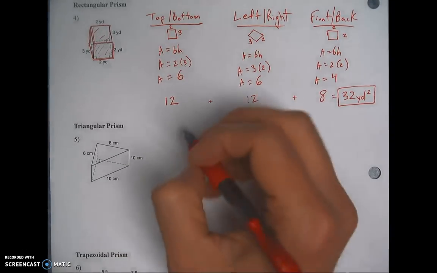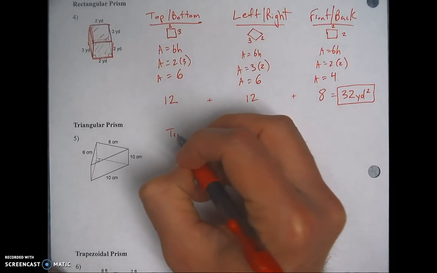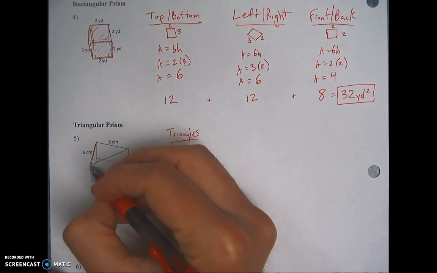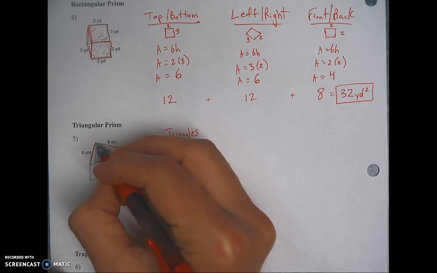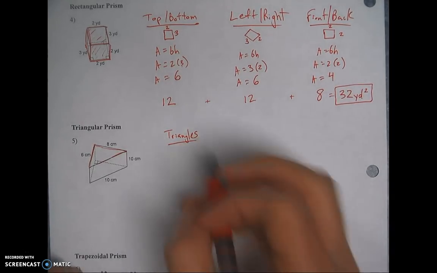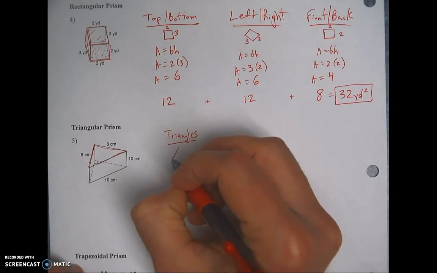But first, let's start with the triangles. I'm just going to label them triangles. You can call it top and bottom, because that's what they are. Those triangles are the top and the bottom. But I'm just going to label it triangles. So if I drew that triangle,